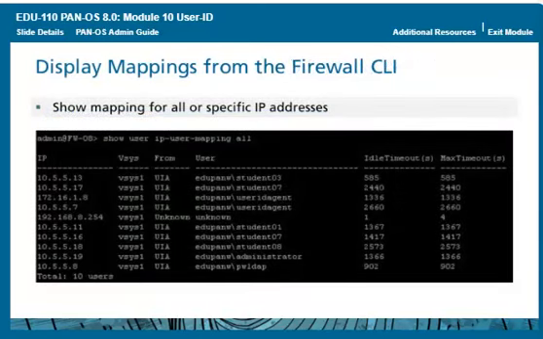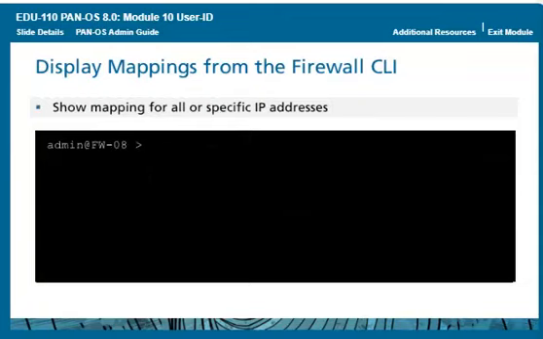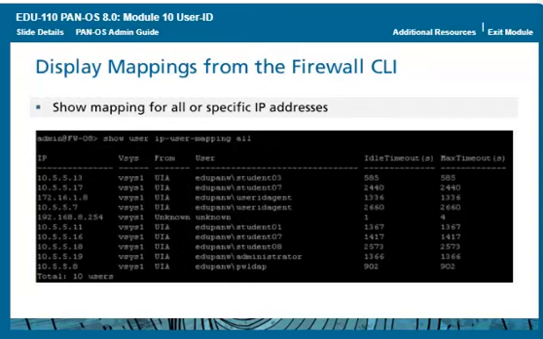You can display how users and IP addresses are being mapped on the firewall only by using the firewall CLI. Commonly used commands for checking user ID mappings include the following: show user ID agent statistics, show user IDs, show user IP user mapping all, show user IP user mapping IP/netmask,